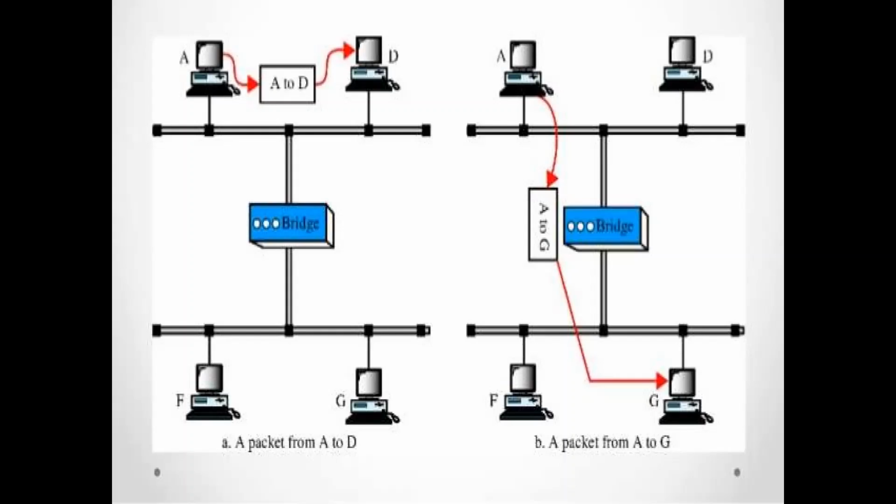For example, if data is to be sent from A to D, it can be directly sent from the physical connection. But if we want to transfer data from A to G, the distance from A to G is too far and so the signal may lose its strength. So the bridge is used to transfer the signal, restore the data, and map the address to reach from A to G. Hence, a bridge is useful when we are transferring data over a very large distance so that data is not lost and the frames are checked and sent to the correct address.